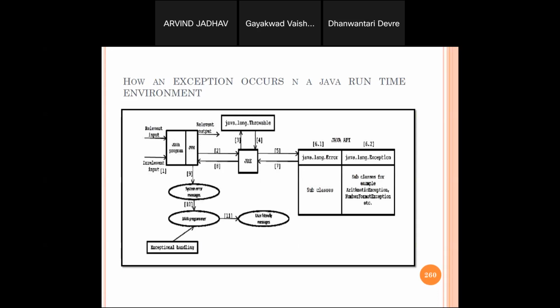एक्सेप्शन तो जनरेट हुआ है बिकॉज ऑफ इरेलेवेंट इनपुट, but what kind of exception is, then he will forward this program or this type to the exception super class। अब ये जो throwable है ना, java dot lang dot throwable, it is the super class of exception। ये क्लास एक्सेप्शन का सुपर क्लास है। इसमें भी इंटरव्यू में क्वेश्चन पूछा जाएगा, what is the super class or what is the base class of exception।